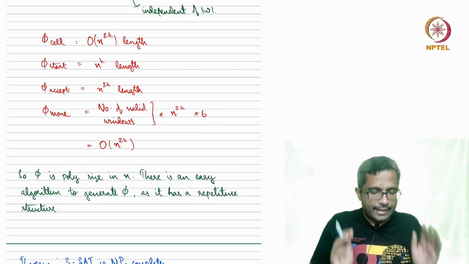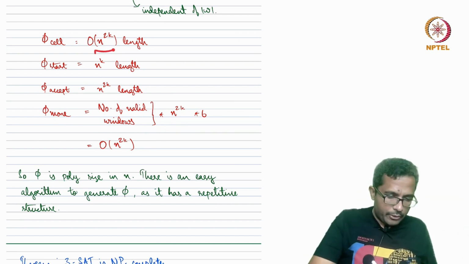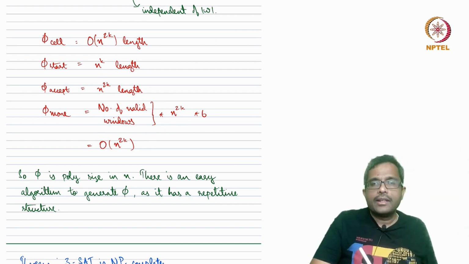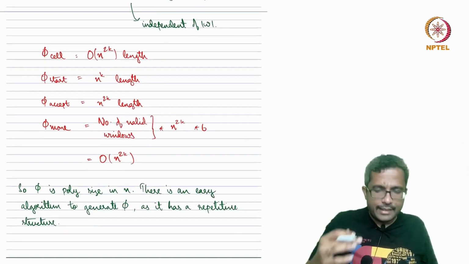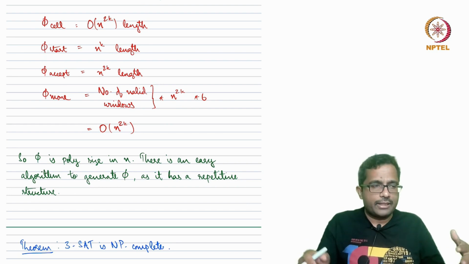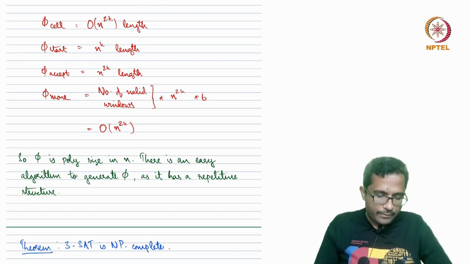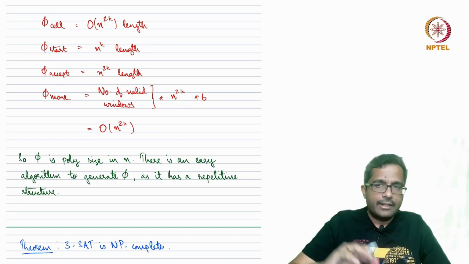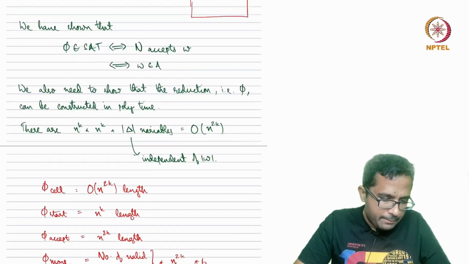So the size of the formula is polynomial in n, everything is n power 2k, n power k, etc. And as we noted, they are all very concise descriptions, which means we can easily write with some for loops an algorithm to generate this formula, because it has a very repetitive structure, right? So that completes the proof that